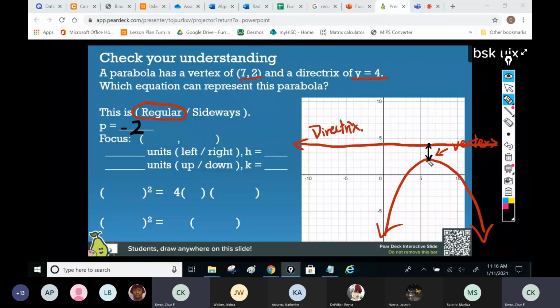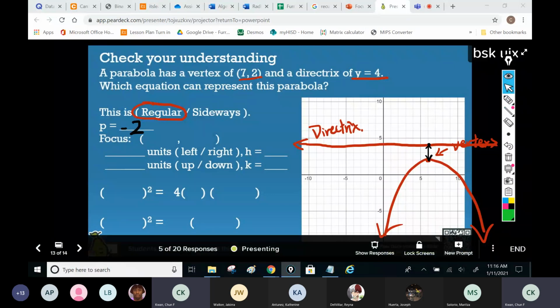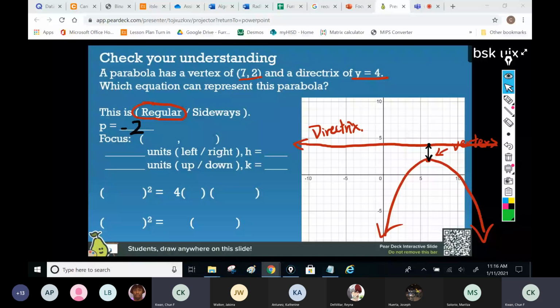Now use the same focal length, but this time you have to go inside the curve. The focal length is 2 units, so you go inside the curve 2 units and find the focus. See if you can figure it out. Find the focus for me. At least label it. If you are stuck, just label it, and then tell me the location of the focus, please.